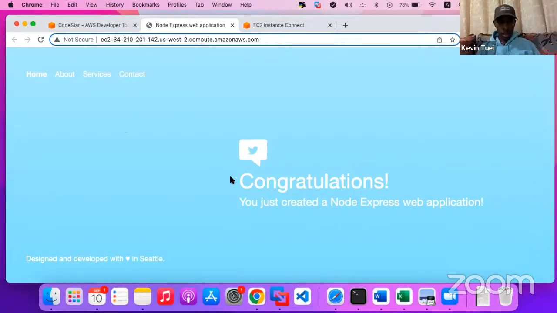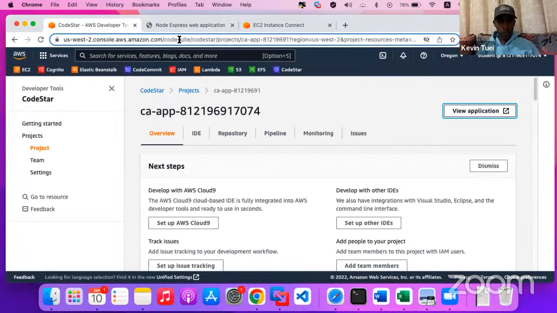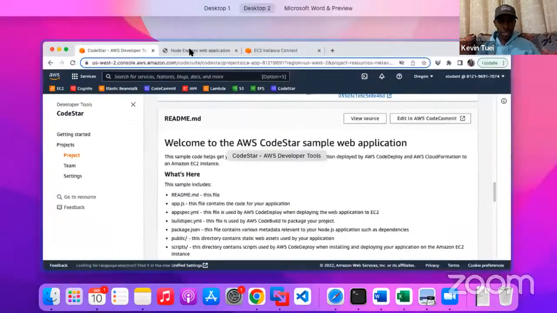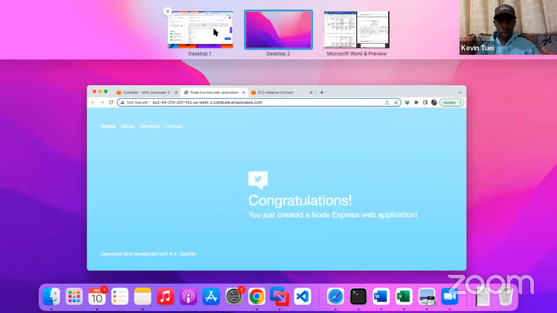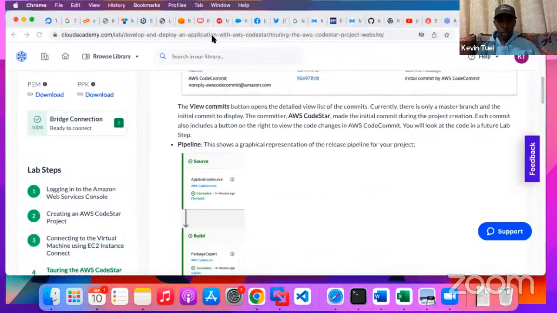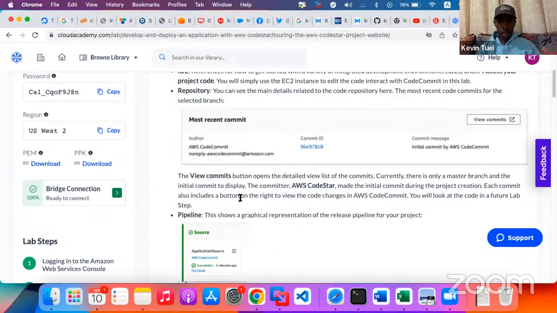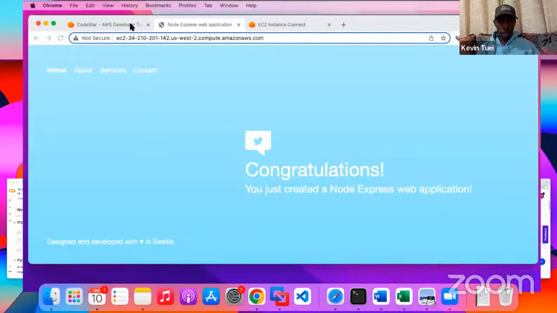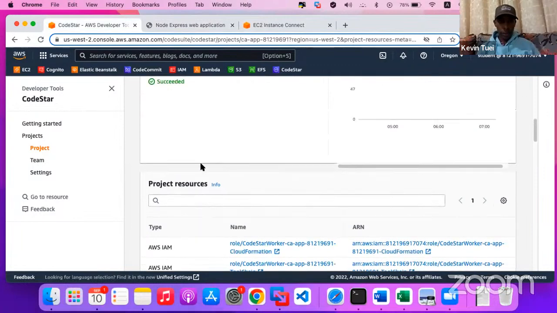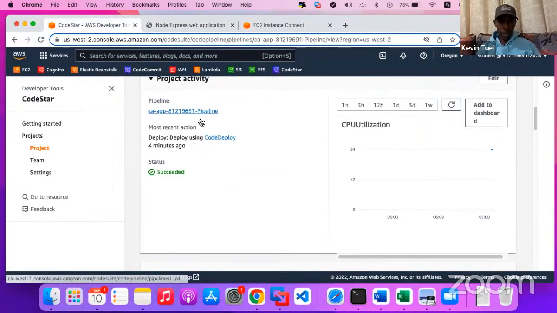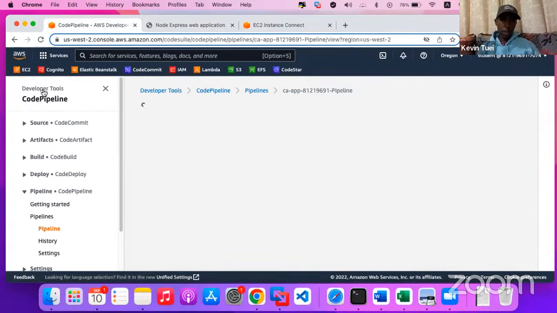It looks a bit brighter than the one that is here. This is the Node.js, Node Express web application. So if I go back under pipeline, you should be able to get that visual representation. I think I didn't show you that. It's this pipeline. So it will take me directly to CodePipeline. Do you see that? I've just moved away from CodeStar, gone to CodePipeline, and I'm able to now see